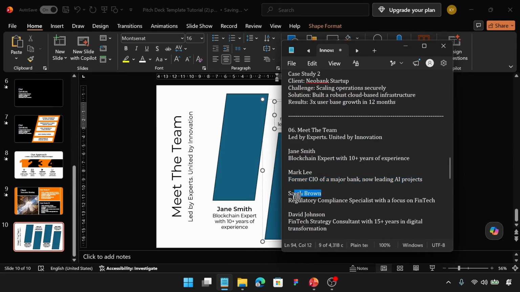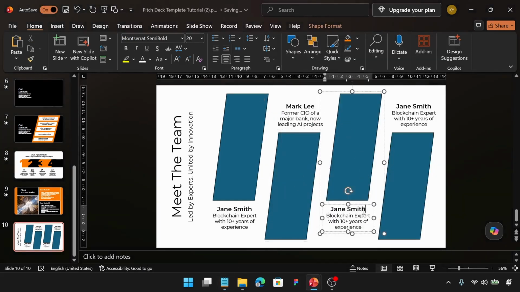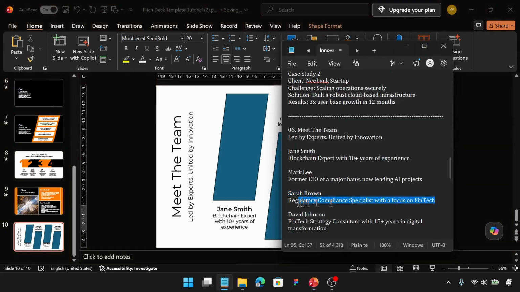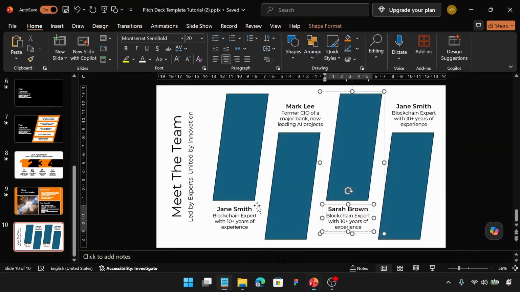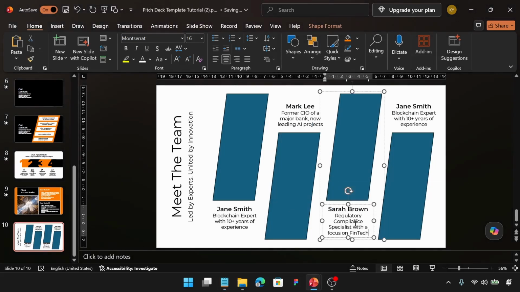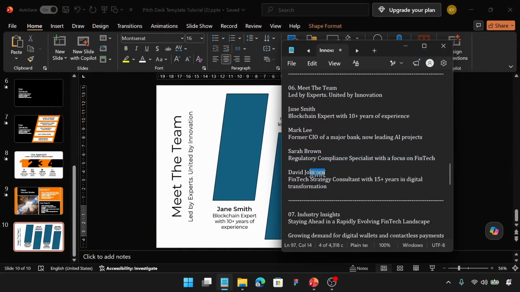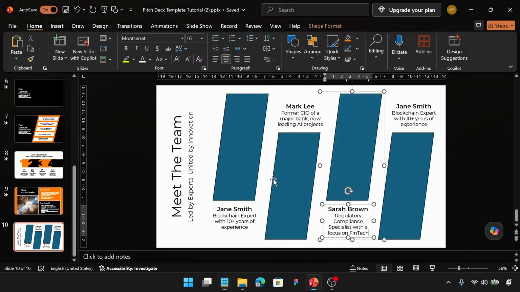I'm going to copy just the name and paste, and then grab the description, copy, and then paste. I'm going to grab the name for our final team member, copy,